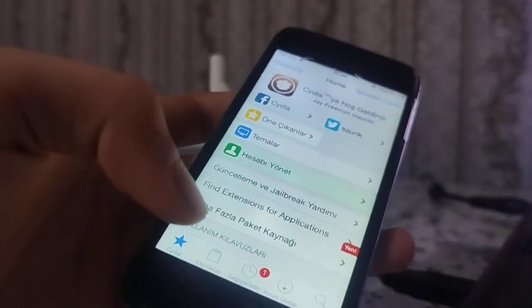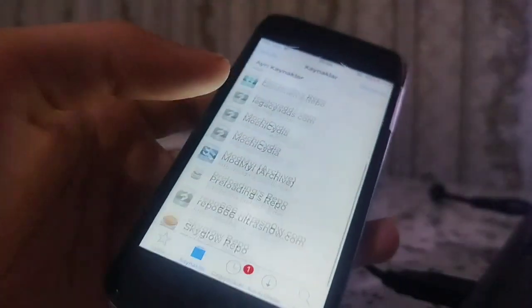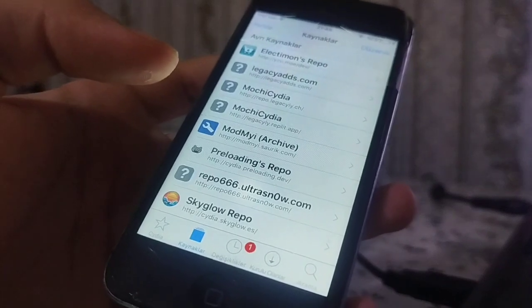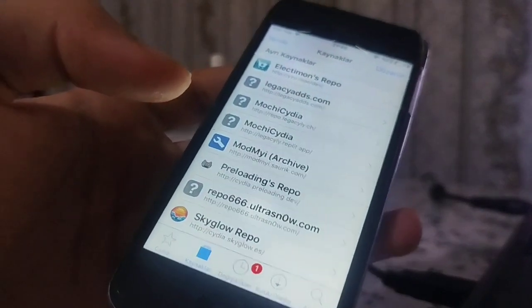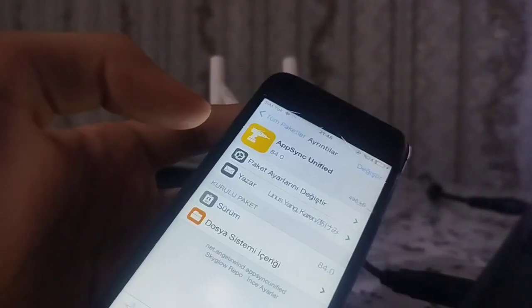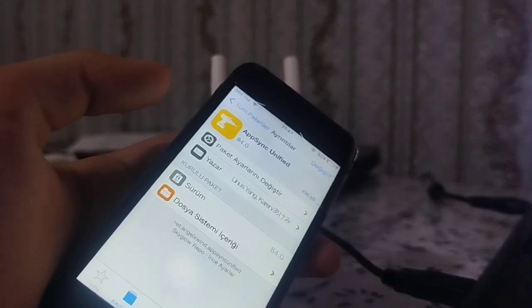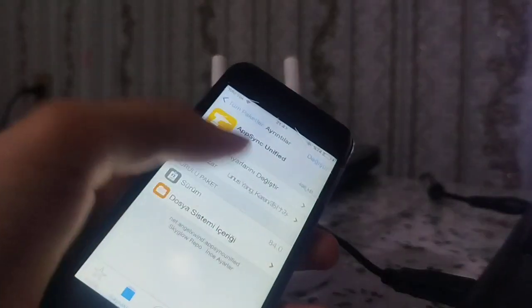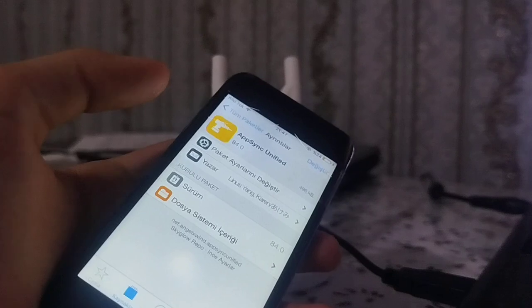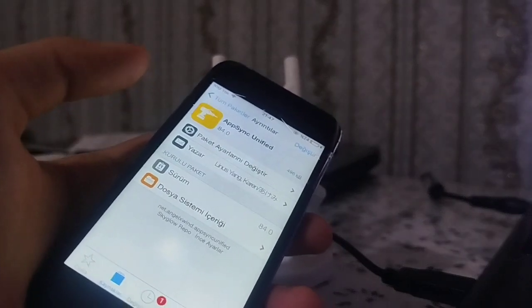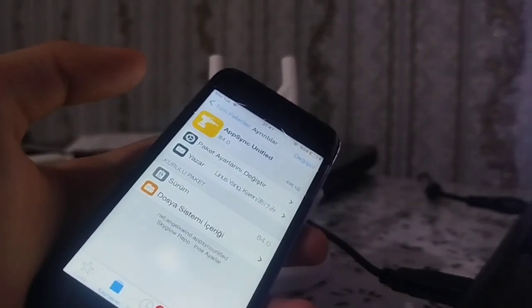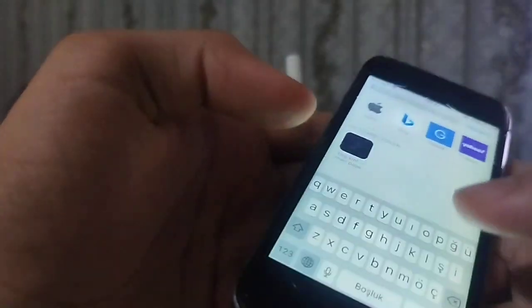First, open Cydia and make sure you add the cydia.skyglove.s repo. Inside the repo we must search for Absinthe Anified. Install Absinthe Anified first. This is the most important step because it allows your iPhone 5 to run custom IPAs without Apple's restriction. Now open Safari and go to